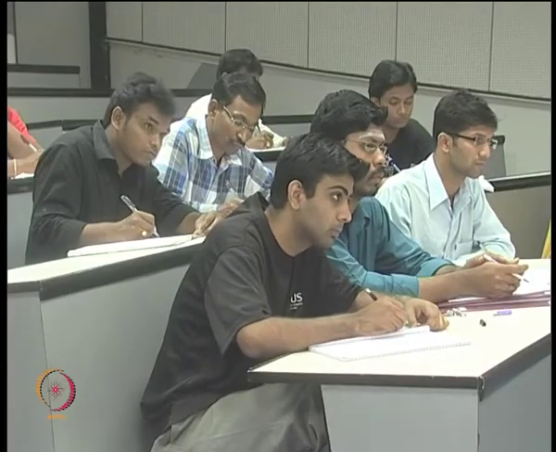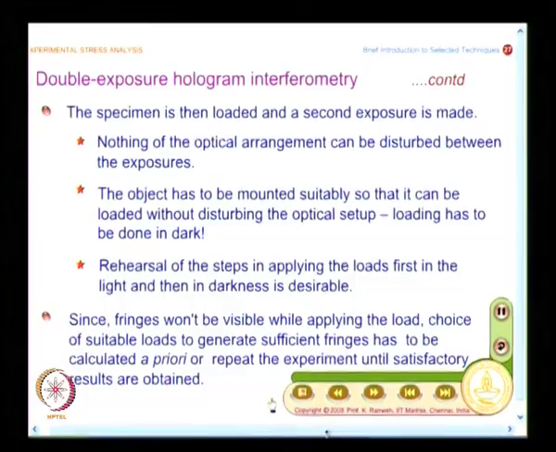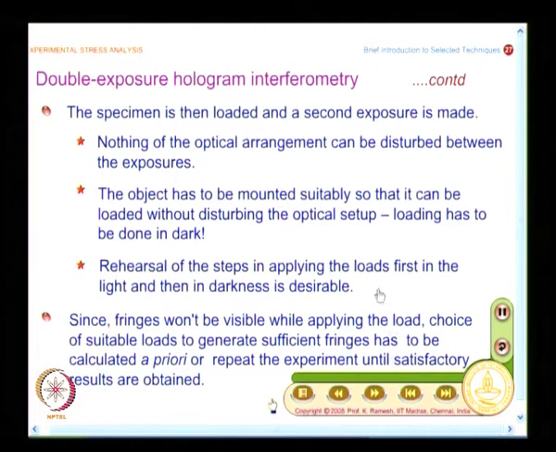This is where people found out why you have to do this kind of double exposure. With advancements in computer technology, people are able to address these issues reasonably well, and even now though there are restrictions, digital holography is also catching up. And what are the other things that you will have to look at?